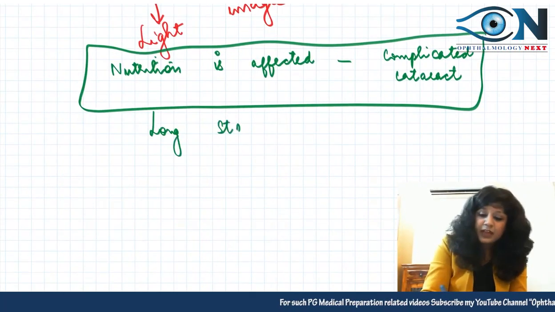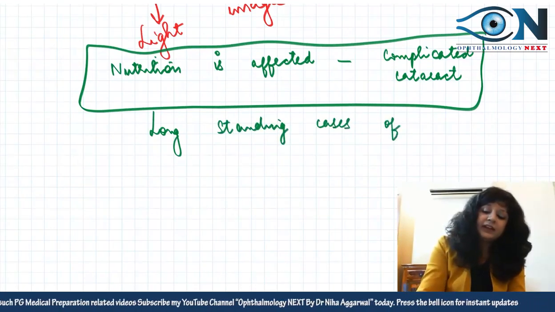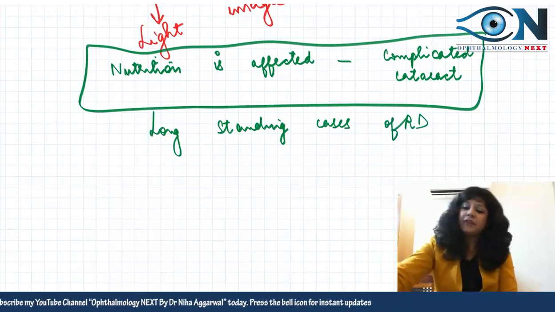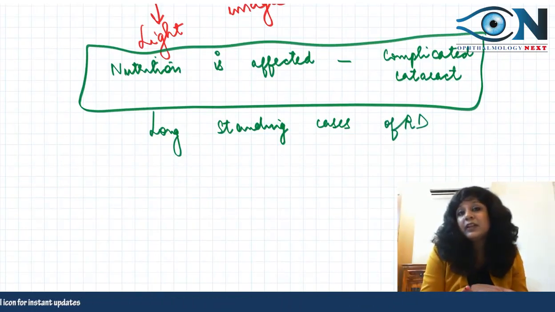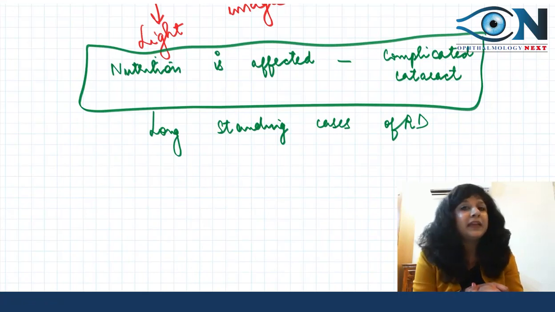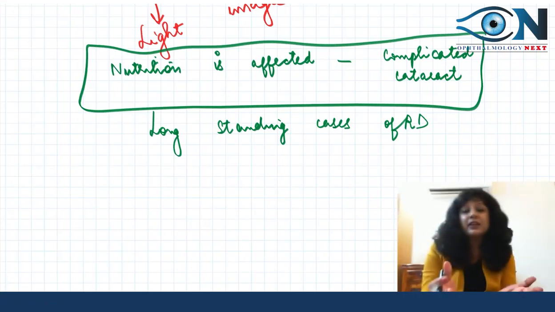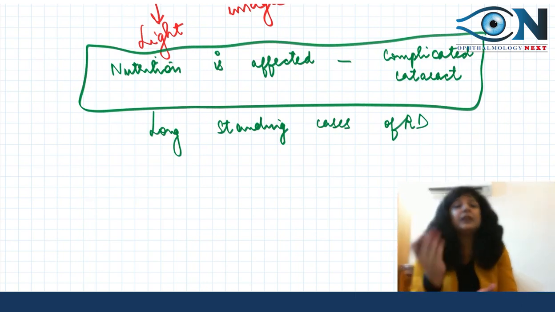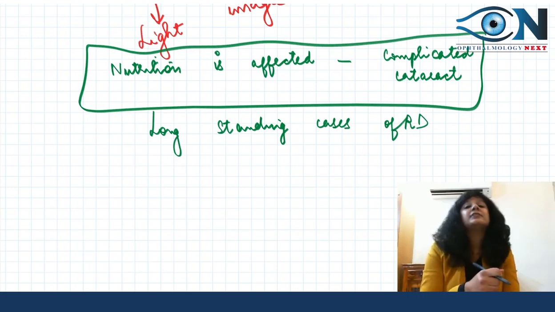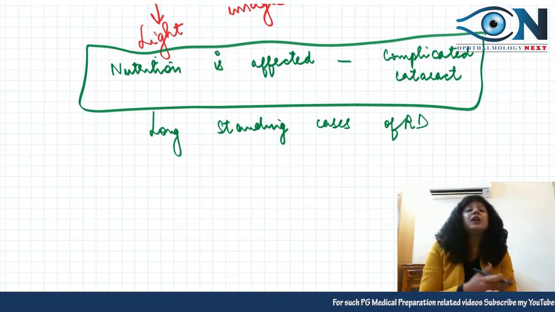Whenever we have long standing cases of retinal detachment, one thing can certainly take place, and that is the complicated cataract. Complicated cataract was common in chronic anterior uveitis, also high myopia. We have these long-standing cases of retinal detachment. We have inflammatory conditions, we have degenerative conditions, retinitis pigmentosa, intraocular tumors.